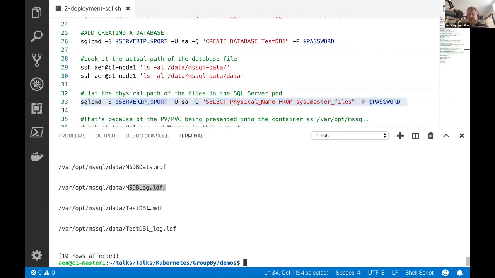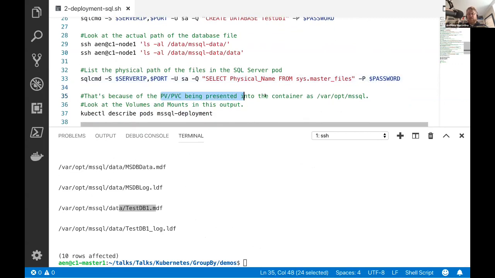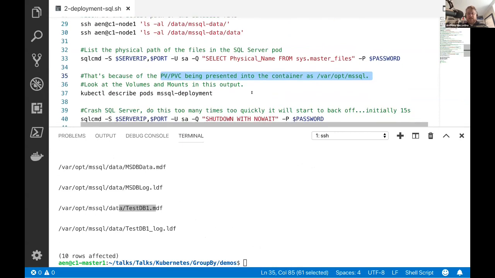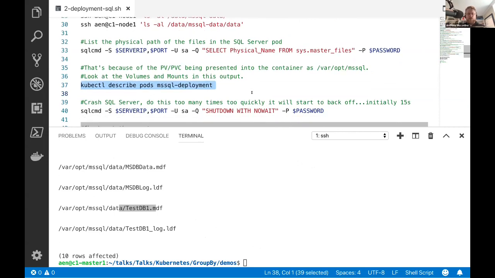So here's all of those databases, and that's where SQL Server thinks that they are because Kubernetes is mapping that into the container at that location, right? The PV and the PVC are being presented into the container at var opt MSSQL. I'm going to skip going into the storage model, and the gory details about that, just to pick up some time for troubleshooting,